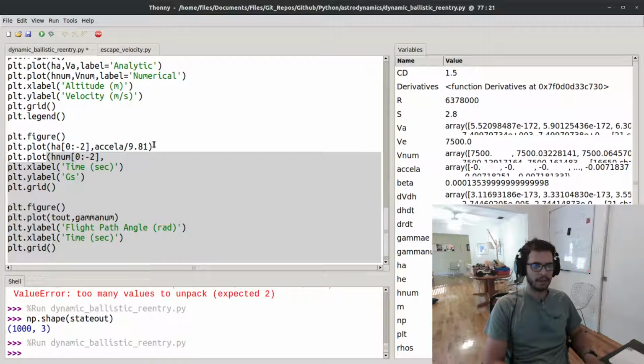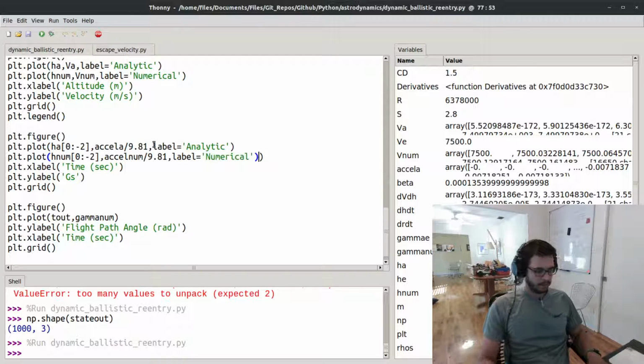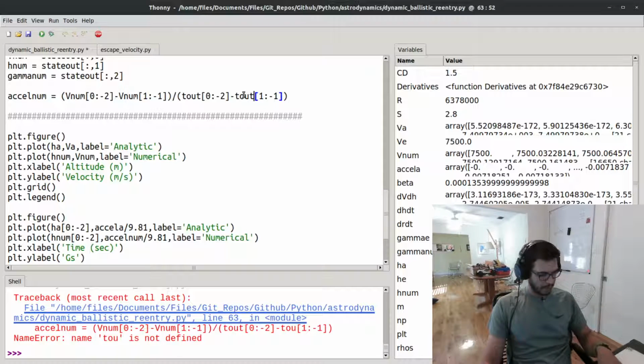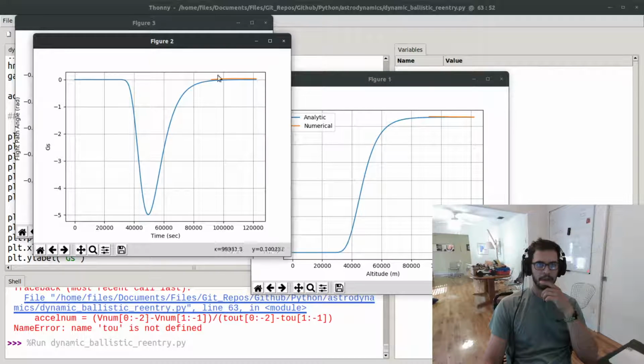Then I can plot here, plt.plot hnum 0 minus 2, and then accel num over 9.81, and then again do a label analytic, and then down here do a label numerical. Let's see, t out's not defined here, t out, okay. And then let's see, so there's the numerical, so they look,